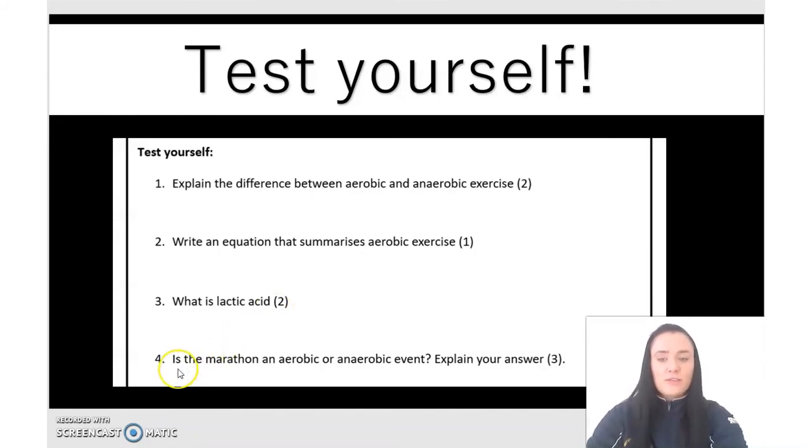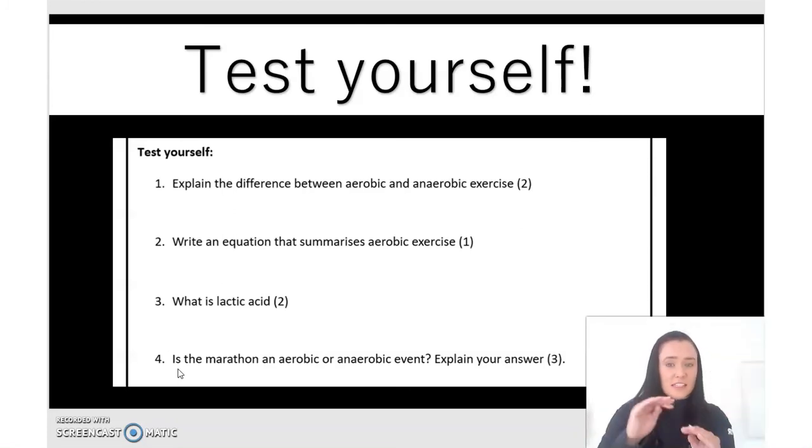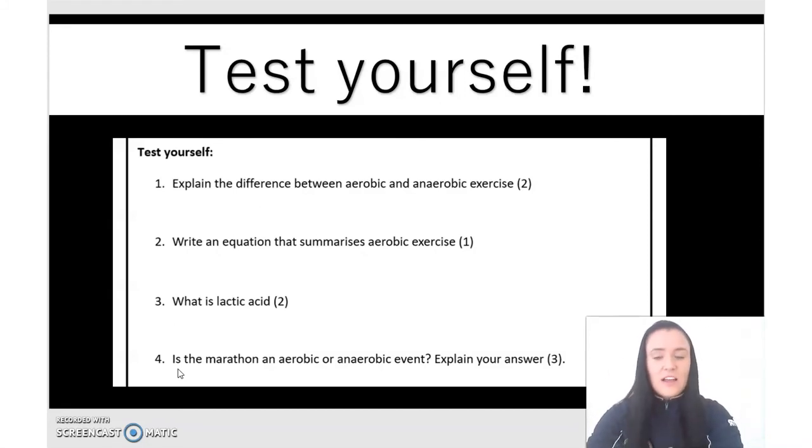And finally, question number 4, is the marathon an aerobic or anaerobic event? So cast your mind back, we can use our answer to the difference between aerobic and anaerobic exercise here. So aerobic, can we remember, is that with oxygen? Is it without? Anaerobic, is it with or without? Aerobic, is that low intensity, long amounts of time? Or is it high intensity and short amount of time? So have a think about that. And those are the kind of things that I'm looking to see in your answer. So I need to know, is it aerobic? Is it anaerobic? And then I need at least 2 points